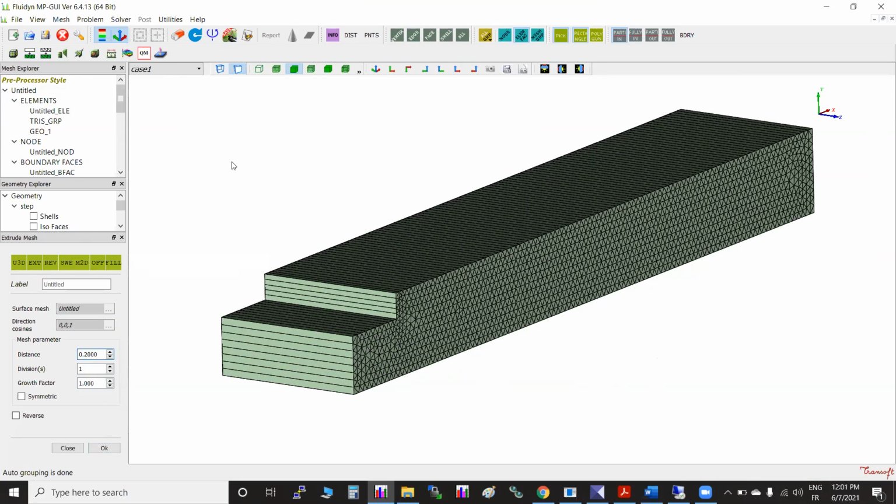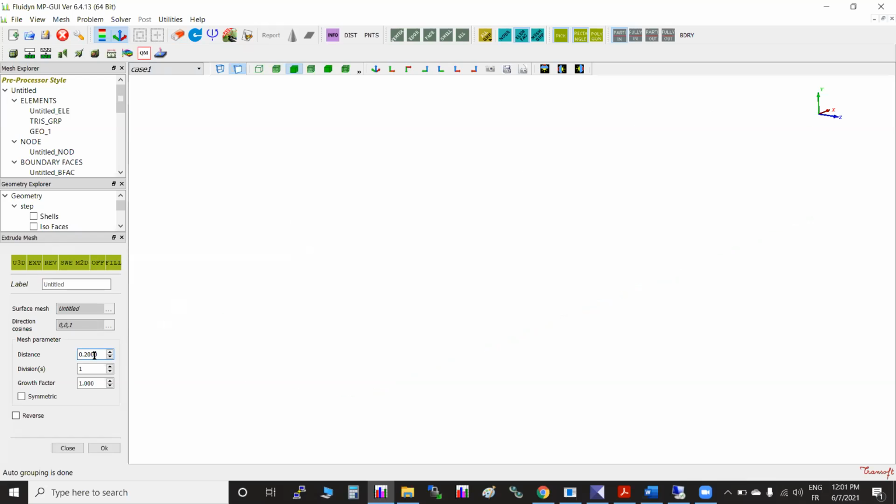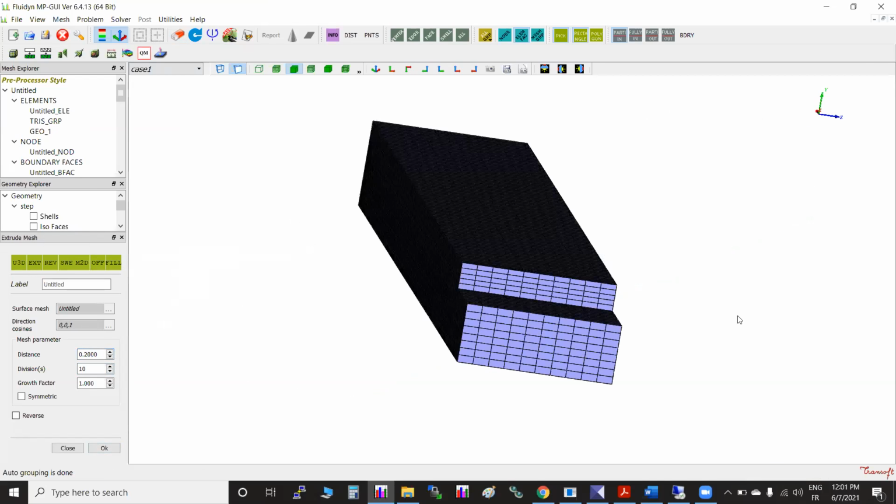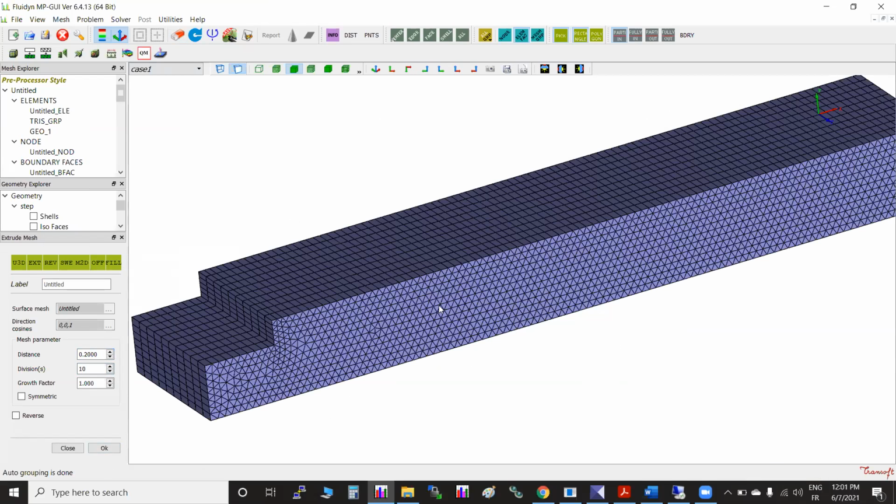Another one is 3D, how to create a 3D. Let me create the 3D, then I will explain about element type. Same, nothing is changed, only the number of divisions I will increase to 10. See, the easiest way. So 10 divisions.